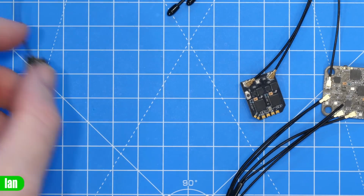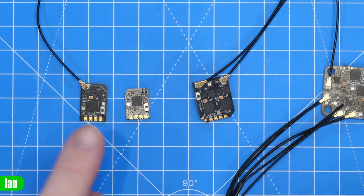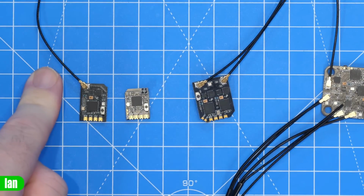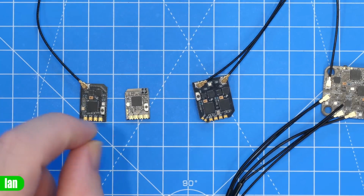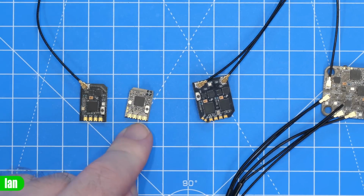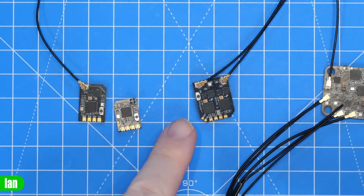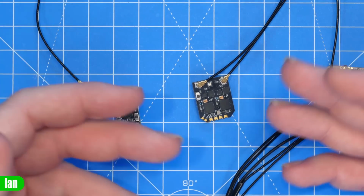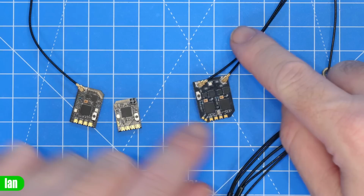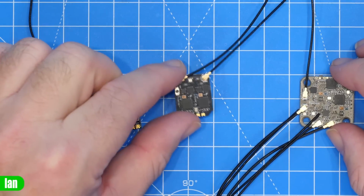If we just look at the entire product stack, apart from that XR3 that I don't have, you can see we've got our standard now XR1 dual band capable, just down to the choice of your antenna, but no Gemini X. You've got the XR2 limited to 2.4 gigs, but again, is capable of being used with all of the new modes as well. You've got the XR3, which I don't have here. That is a dual antenna diversity version of the XR1. It looks similar to this, but without the dual chipsets. And then obviously we've got the XR4